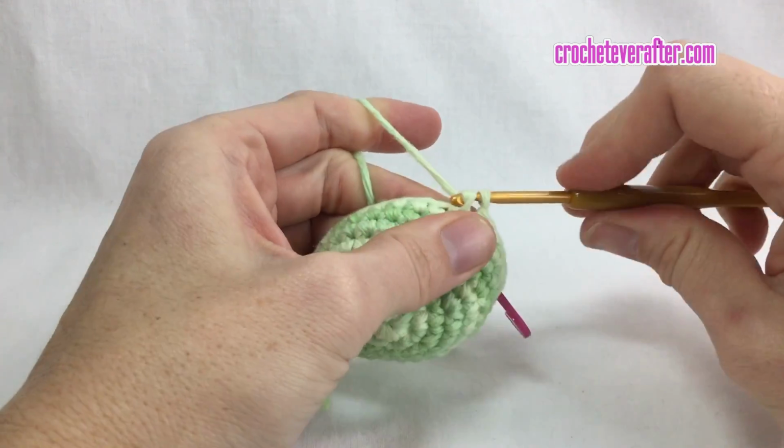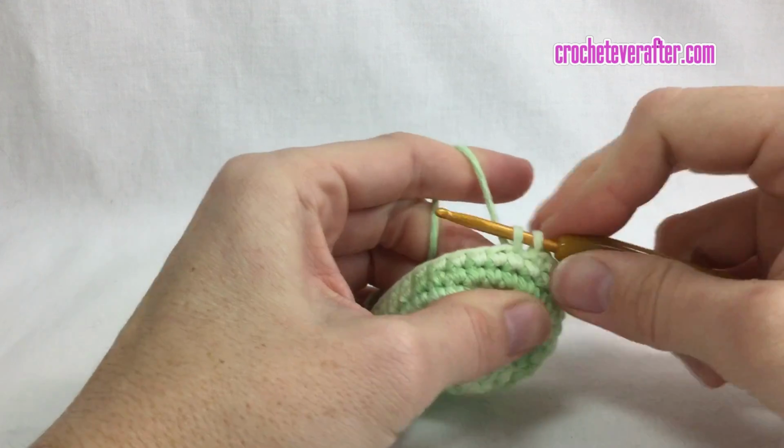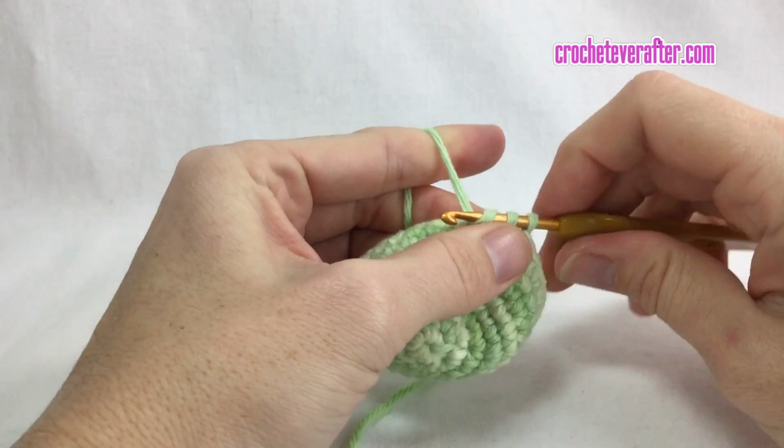Because we're using yarn instead of polyfill, that's not really going to happen, but just for future knowledge, if you're ever going to use polyfill for your octopuses or anything else you make,